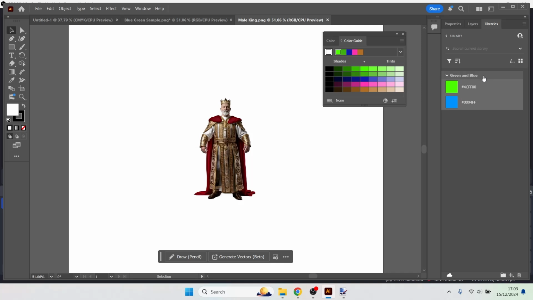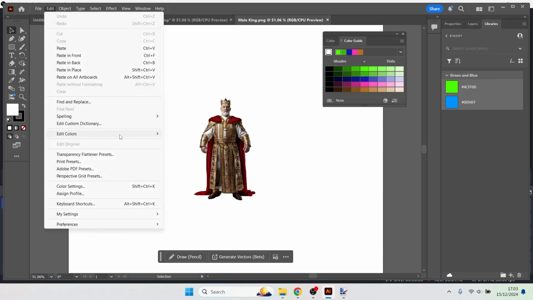earlier, and basically there was a plus button and I clicked the plus button, libraries, and selected a color or two here and was able to use the plus button to add those colors one at a time to here, and then I right clicked and there was a create group and I gave it the name green and blue. So you can research that separately, but anyway, I've got this color group here which is selected at the top,